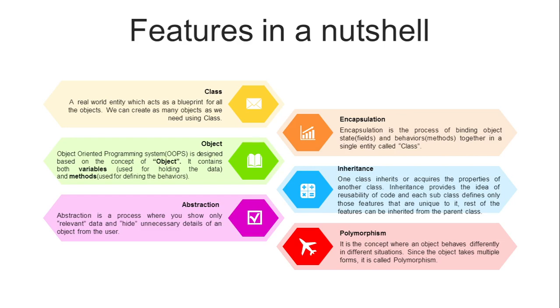So in Java, it's a process of binding the object state, like the fields, the data members, or you can say data variables, and the behavior of the particular class, which is defined by the functions or methods. So encapsulation in Java is the binding of data and behavior, the fields, data members, and methods, together in a single entity. This is called a class. Yes, so a class is an example of encapsulation in a Java program.